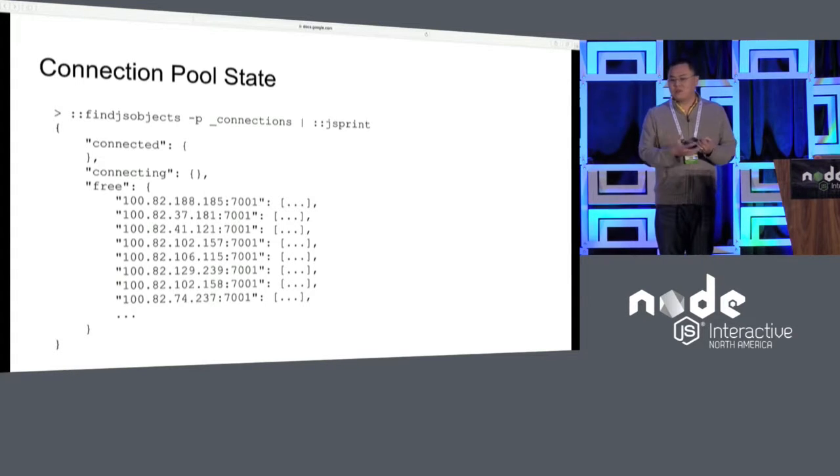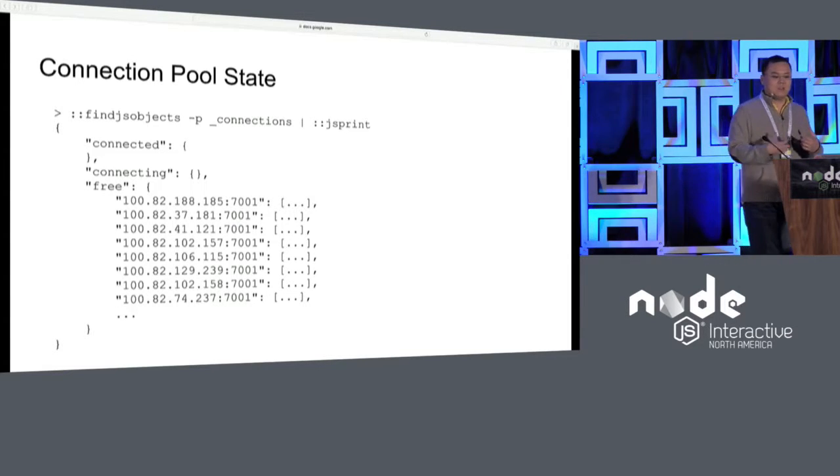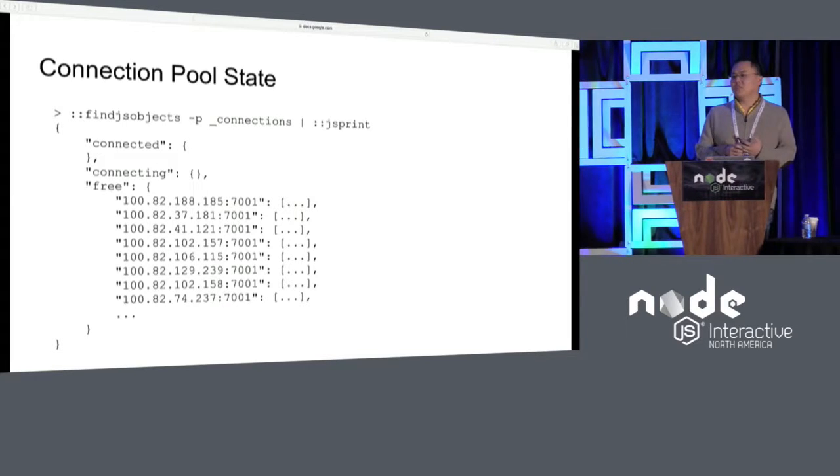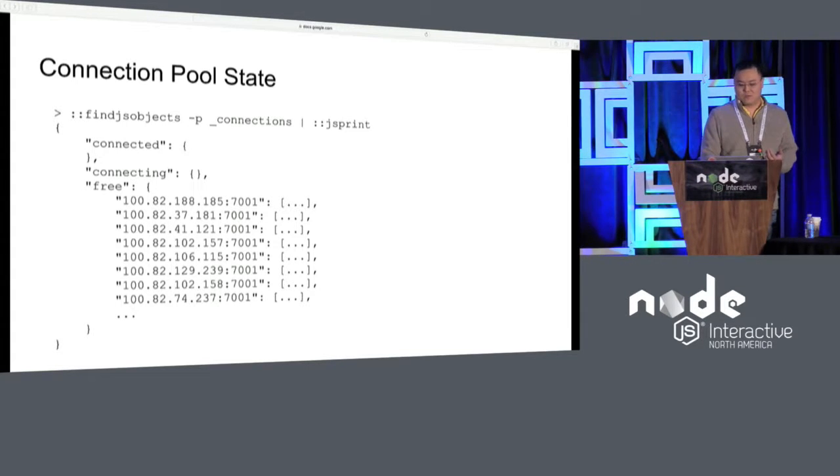So now at least we knew we had free connections. There were no problems there. There's probably some problem in the logic in which we were freeing the connection list or something like that. This really gave us a critical view into how things were working, and it made it really easy for us to at least pinpoint where the problem was coming from.